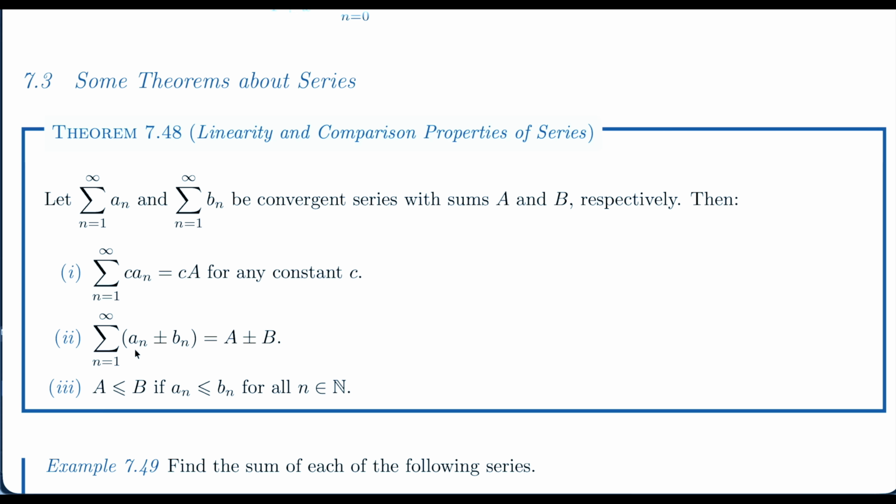So if you have the sum over a_n, the first one, plus or minus the second one, you can write A plus or minus B. So the sigma of the sum will be the sum of the sigmas, or the difference the same. And if you know that all the terms a_n are less than or equal to b_n, then you can conclude the sum is also less than or equal to the sum of the second one. Okay, and now why is this good? Sometimes it is good to